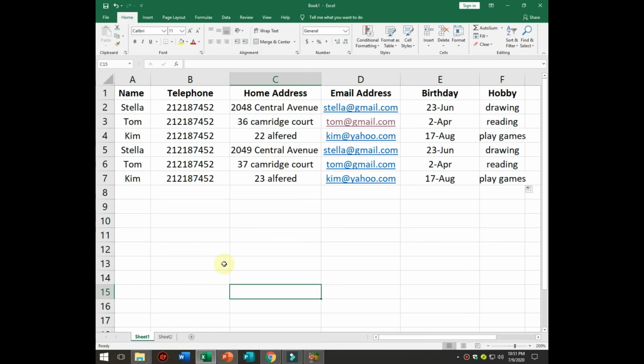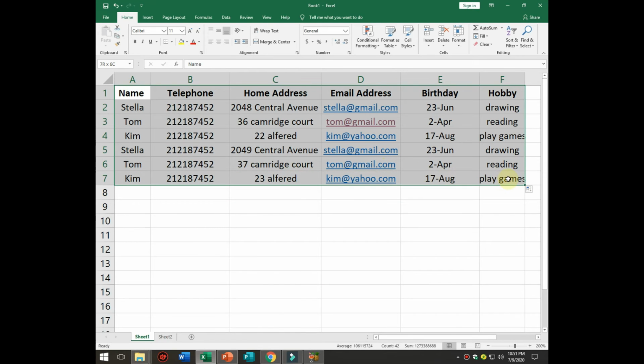So students, now that your database information is ready, format it with a style of your choice to make Microsoft Excel understand it's a database table. So apply a table style. First of all, you have to select your table from cell A1 to F7 like this. Right? Now number 2, on the Home tab